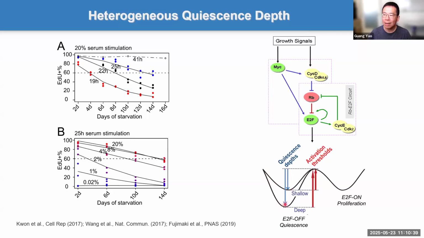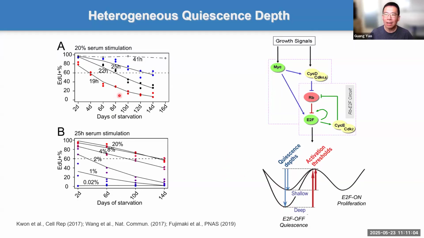To put it into an illustration, you think there's more than 2 wells. Those are continuous. You have shallower sleep and deep sleep, and shallower and deeper. So this is really a continuum. We have run modeling and experiments. We have demonstrated there's a gradual regulation in these quiescence depths.